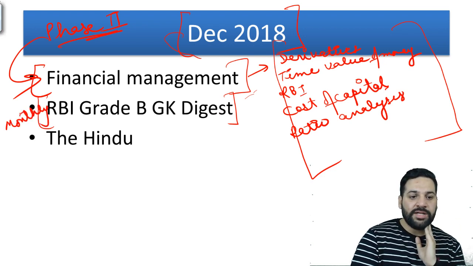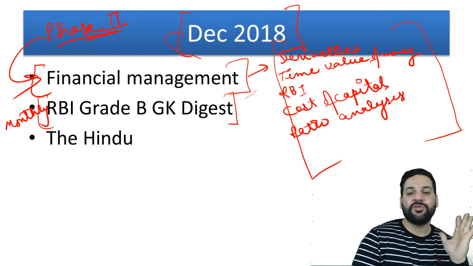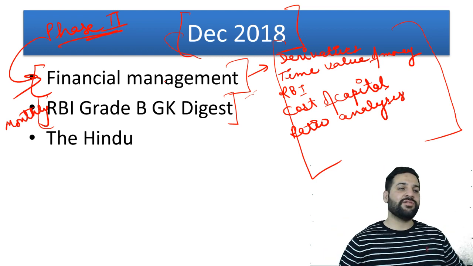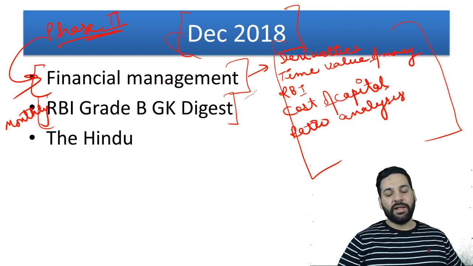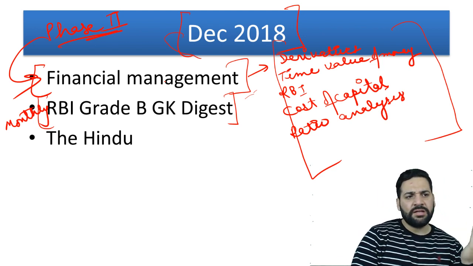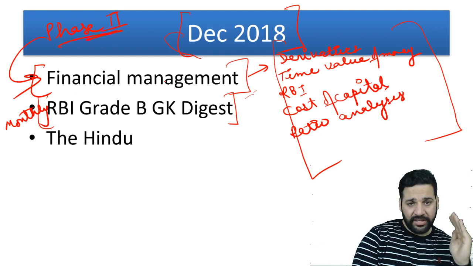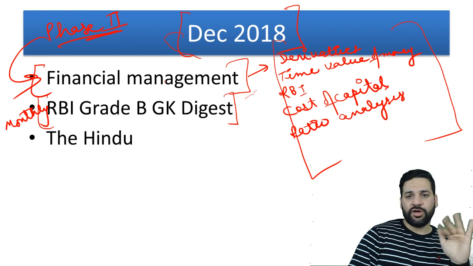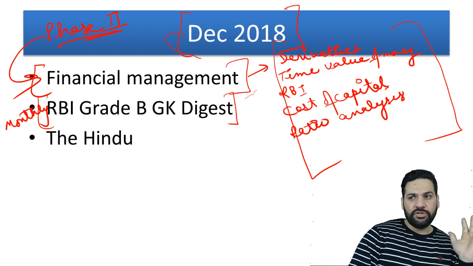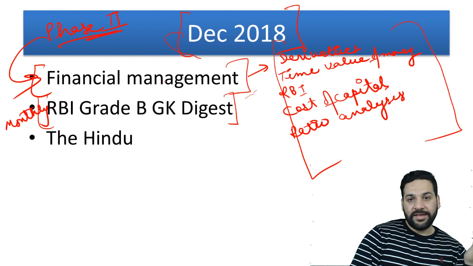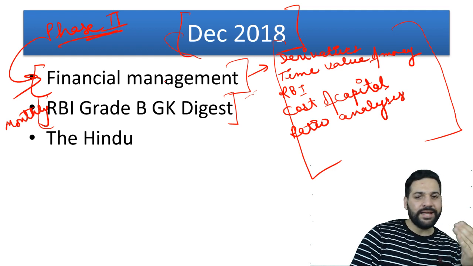So most probably the RBI Grade B 2019 exam is going to be held after the 2019 general election. And the general election is scheduled to be in the month of May or June. I hope the exam should not be in the month of May or June. Most probably it will be in the month of July or August, because there will be a new government. I mean, a lot of changes will be there in our country actually. The election is really happening next year, so the exam will be delayed a bit.